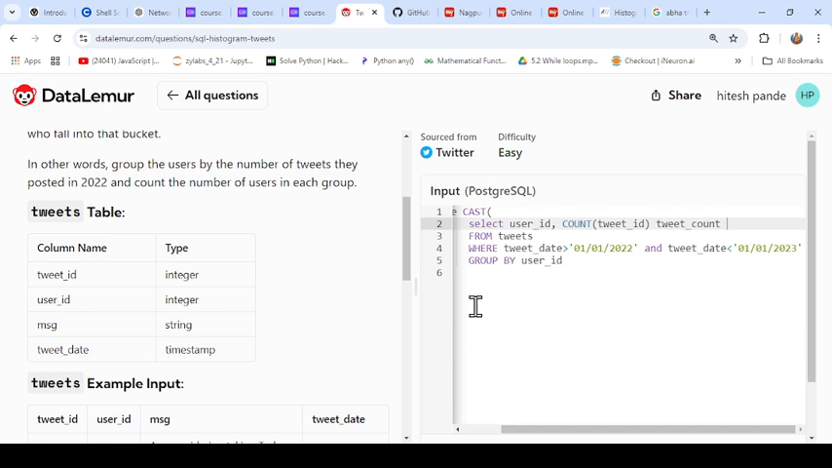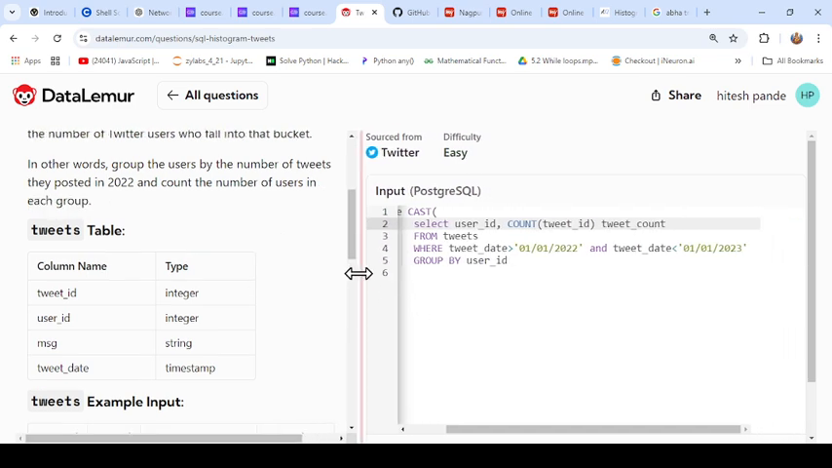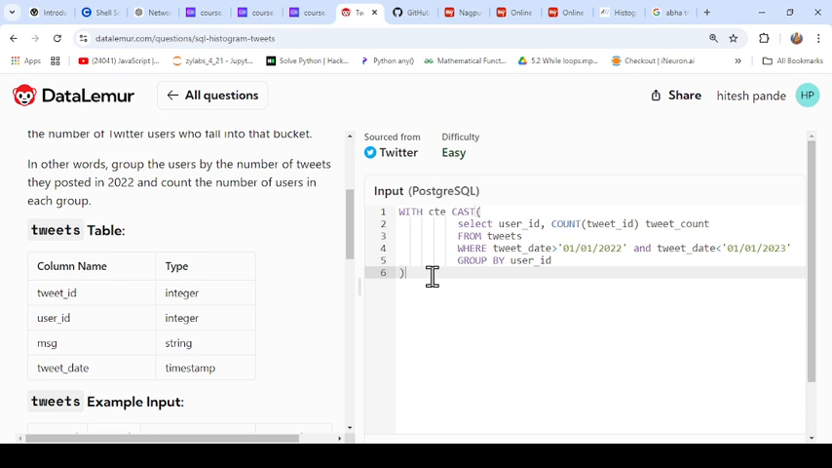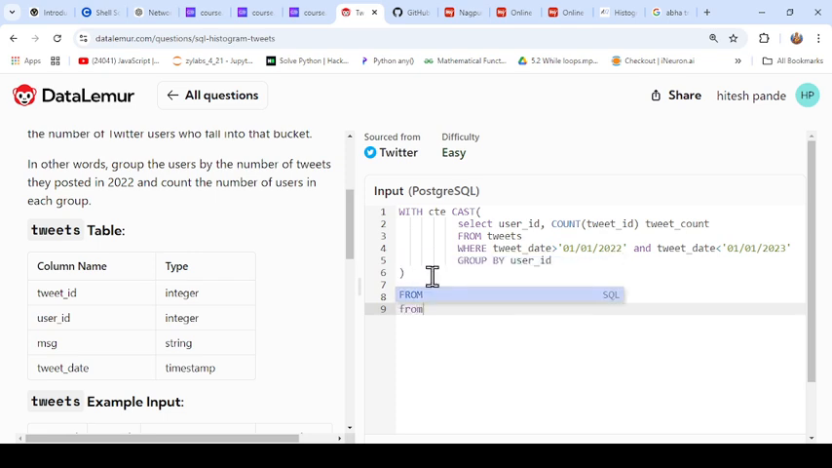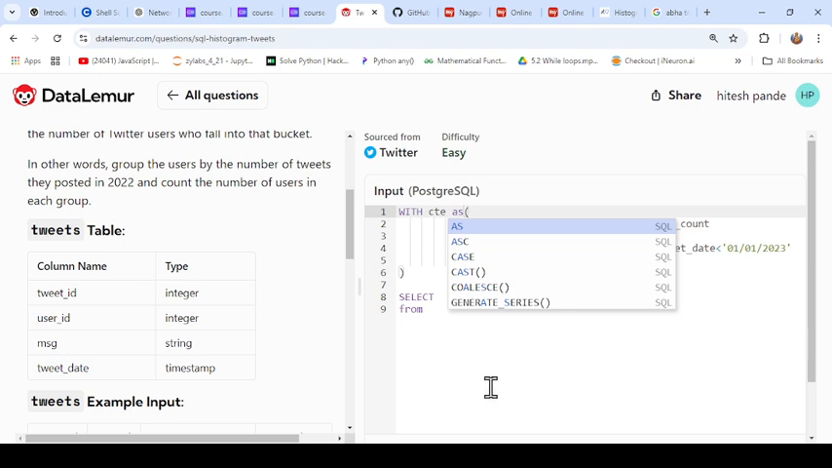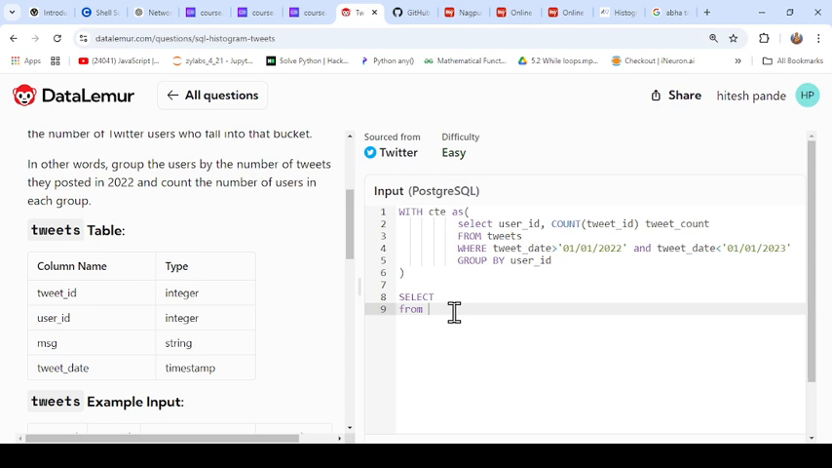Okay, so now we have written our common table expression. Now we are trying to write the actual query. Okay, so our actual query we are trying to write from the CTE, our temporary table name is CTE,